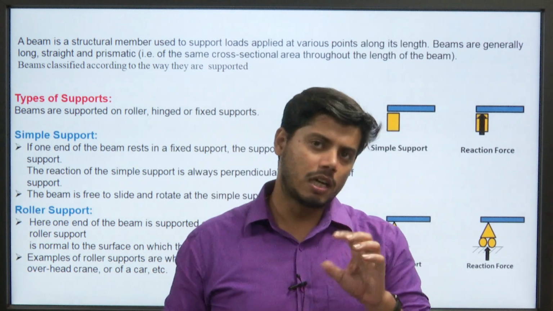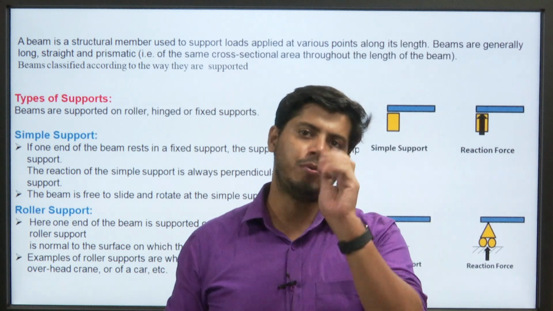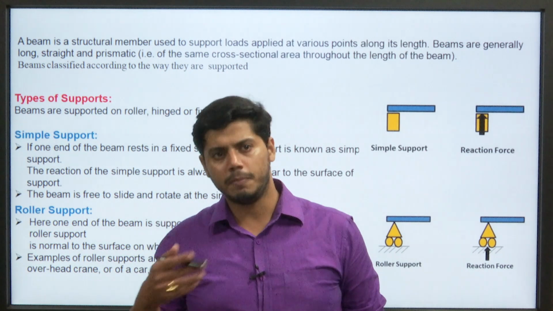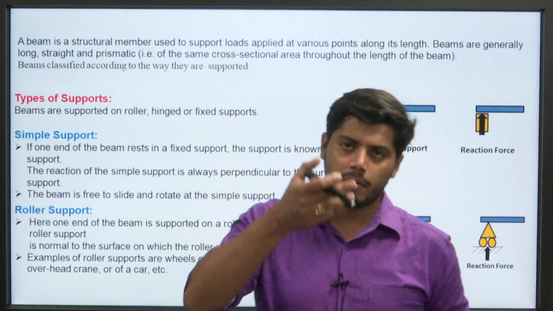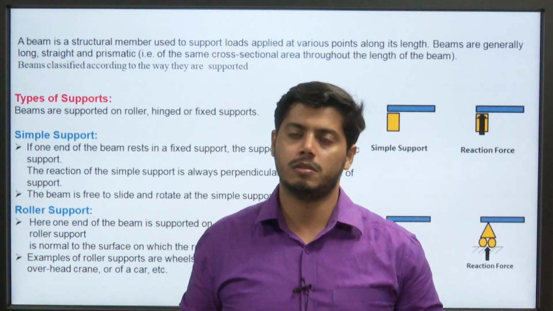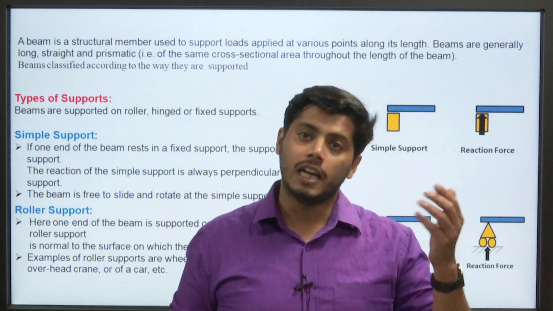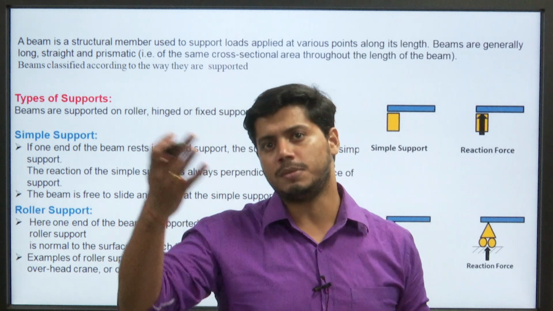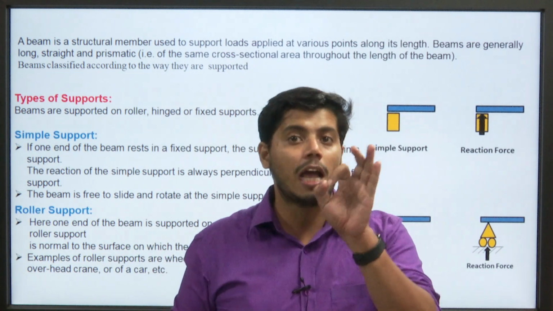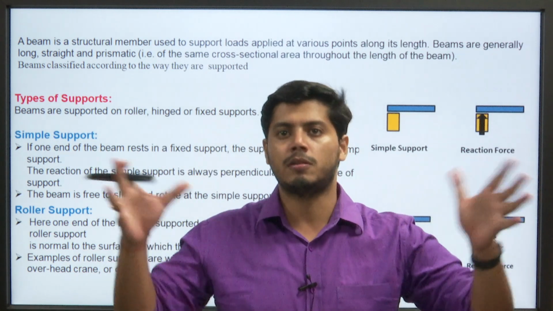Okay. Beams are classified on the basis of their supports. On the different types of support conditions, we can easily classify the beam. We have discussed that the types of beam are simply supported, fixed beam, continuous beam, cantilever beam, and overhanging beam, based on different types of support. But now we will briefly discuss the types of support. What are the types of support in different support conditions?